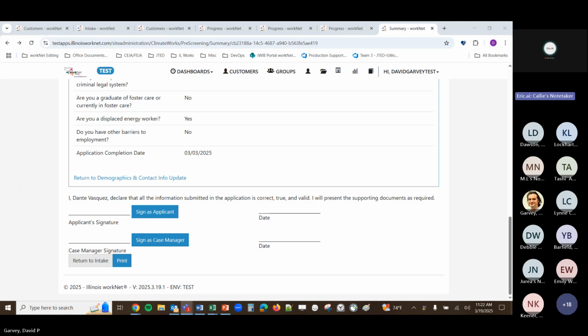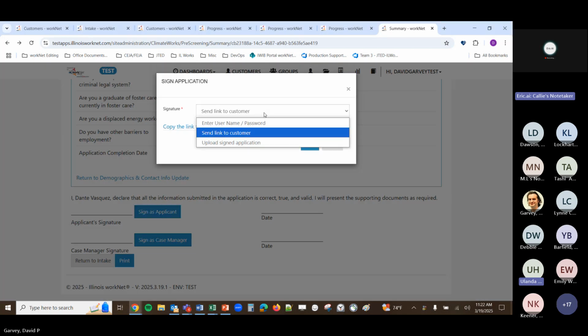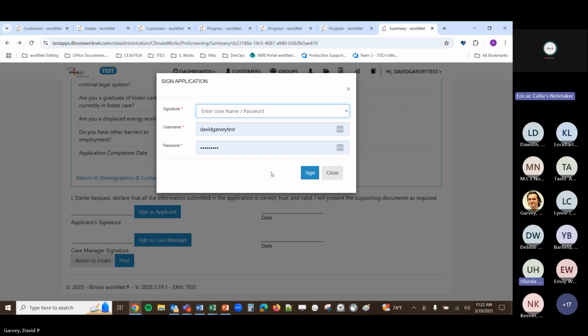David, this is Yolanda. I didn't hear what you said. What was wrong with this? At first, when I was putting applications in, doing intake, it was giving me their username and password, and then I can write it down or highlight one of them, and then when I do sign as an applicant, I can paste it in. But now it doesn't do that.